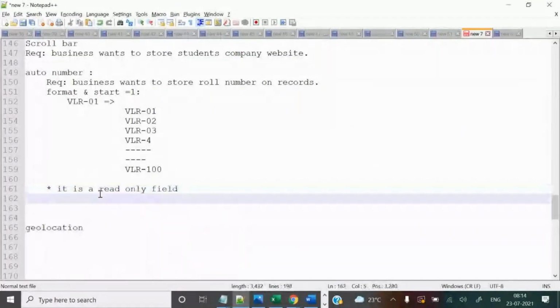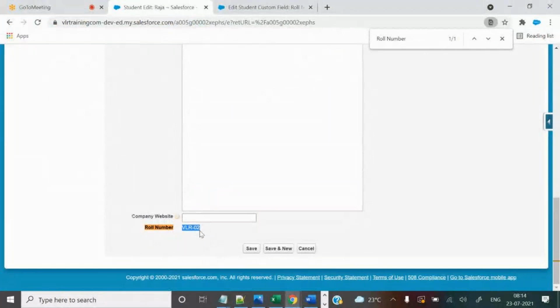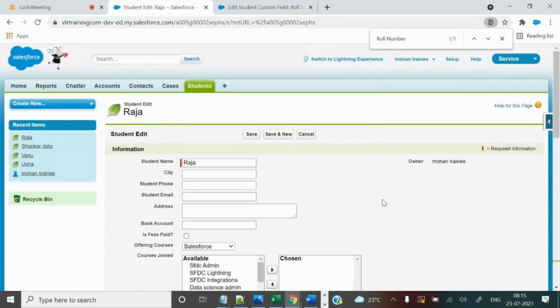Read only means you cannot edit it, only read. Read means only for view. Read means that's it, you cannot modify it. Okay, it is read only field, you cannot modify it. That's why lock symbol is displaying, you cannot modify it, only read only field. System is doing it. Okay, auto number is a read only.